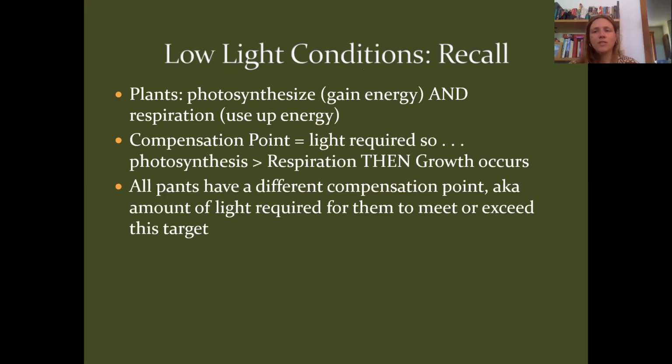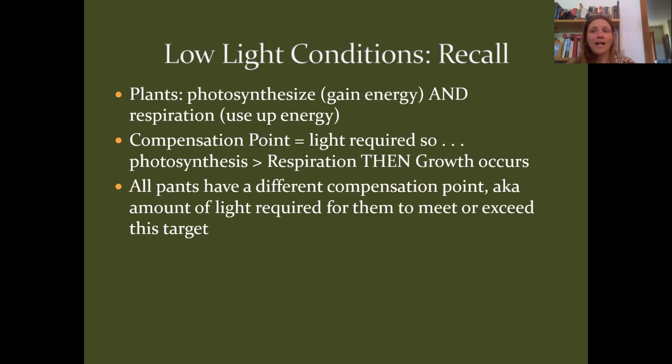And we kind of used the analogy of the Ferrari method and the Honda Civic method. So we said some plants really use a lot of energy all the time, and that allows them to have a lot of fancy photosynthetic equipment. And so if they're growing in the light, they can photosynthesize and grow really quickly. But then when the light disappears, they have this background level of respiration that's very high that causes them to then plummet below their compensation point in low light conditions.